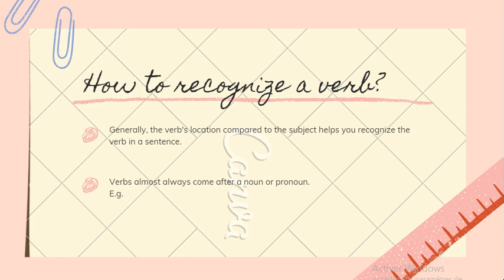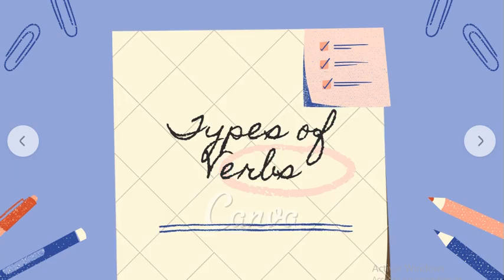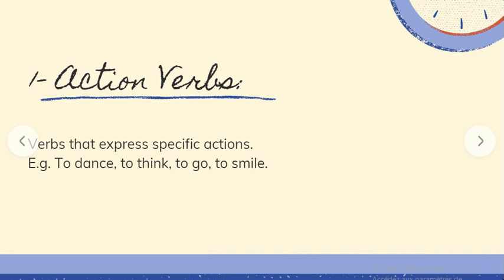Now let's pass to the types of verbs in English. We have many types of verbs in English. The first type is action verbs. They express specific actions, for example, to dance, to go, to smile, and so on. Second,